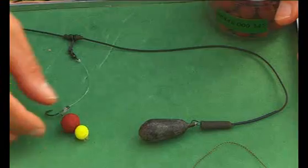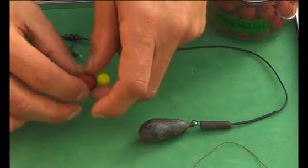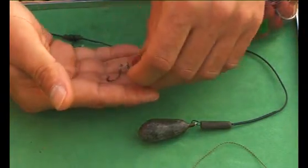I was using the chod rig quite a lot this year. I literally spent about an hour and a half trying to find a spot with the marker float. Really struggling, thinking, I've got to try and find 3 different spots to put my rigs in. Eventually found a spot, and once I found an area with a marker float, then here's a tip